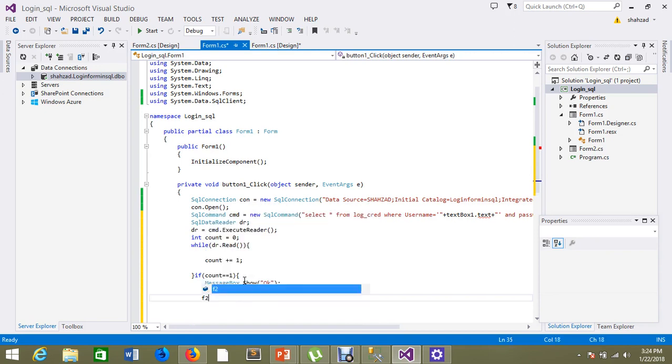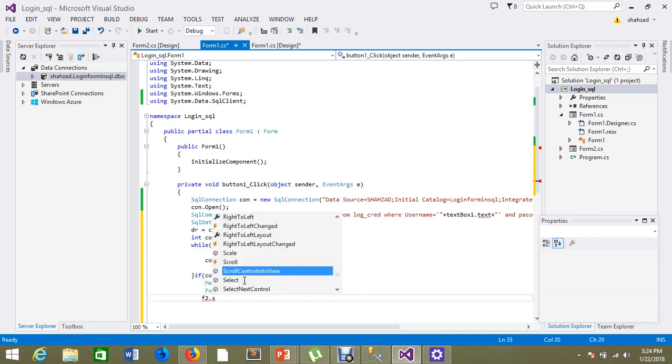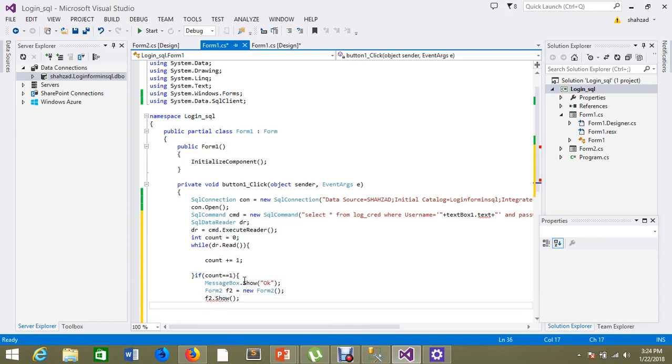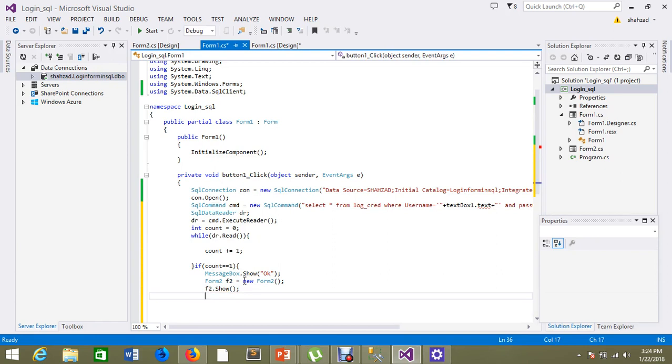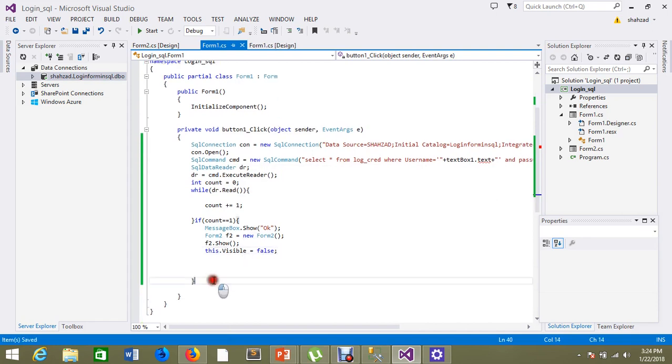After that, f2 dot show. This is our object, and then we make this dot visible equal to false, and here we can see the if condition, and else